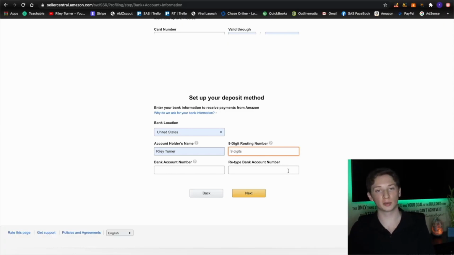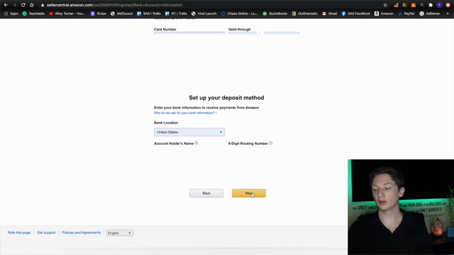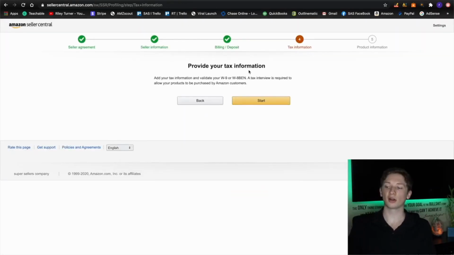Make sure you double, triple check these numbers because you don't want to mess this up. Now, after that's all entered in, then you can go ahead and hit next. Now we are on to the tax information, so go ahead and hit start when you are ready to do